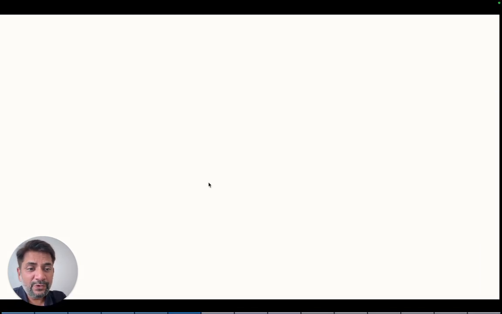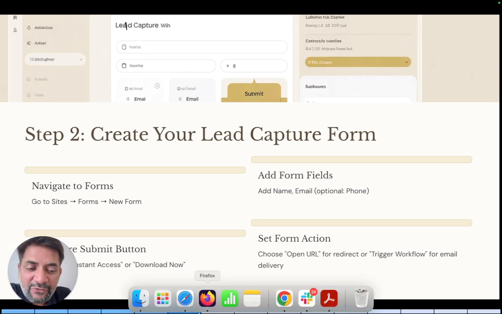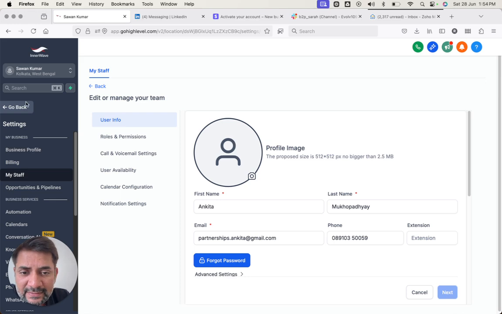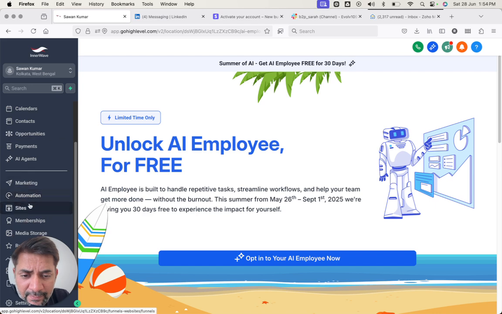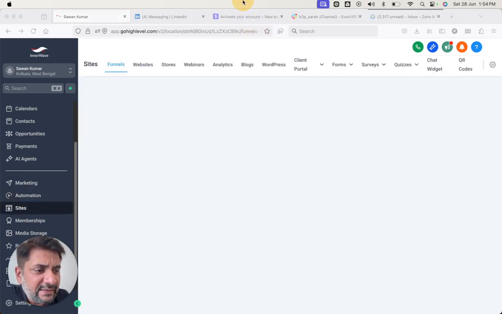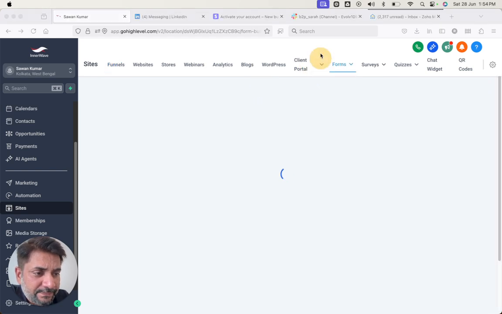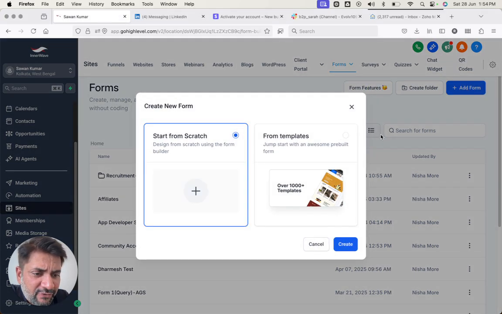Step 2, you create your lead capture form. You go to sites, forms, and click on new form. So I'll go to my Go High Level account. That's the Go High Level account and the dashboard. I come to sites, and inside sites I get the option to click on forms. Inside forms, I click on add a form,